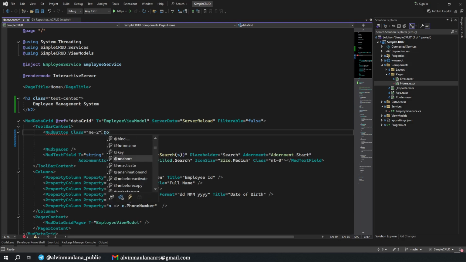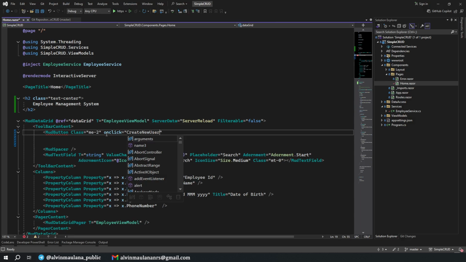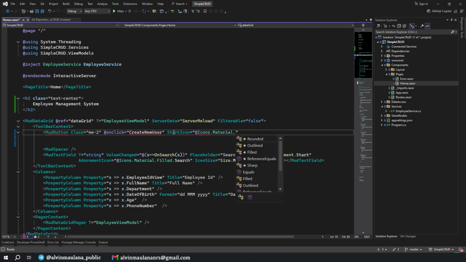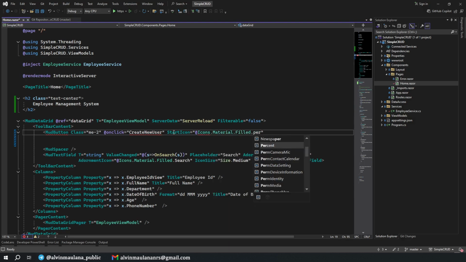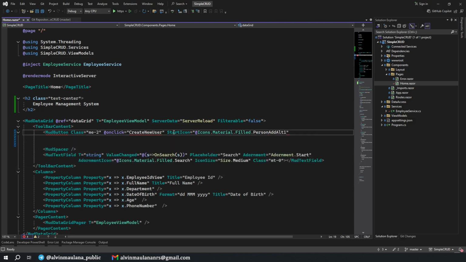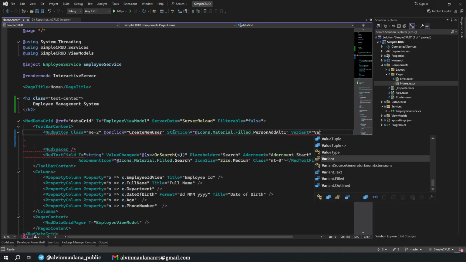And then OnClick, we will have a new method for this, CreateNewUser. Okay, this one with add OnClick. And then we have an icon for this. We can call it Icons, Material, Filled, and PersonAdd. Okay, we select the alternative one in here. And for variant, we will have a variant of Filled.